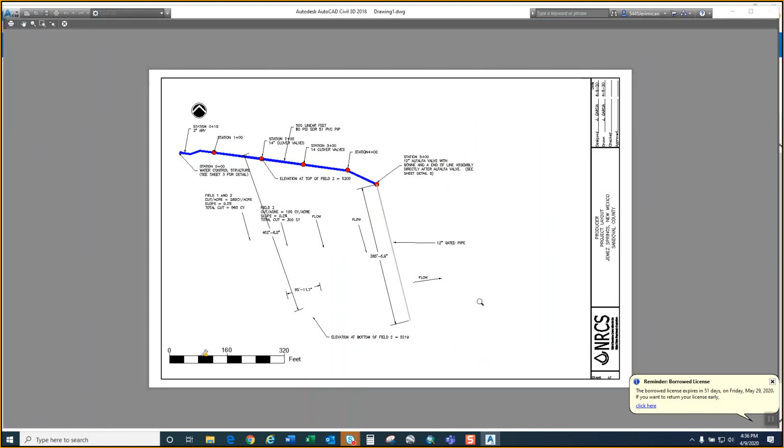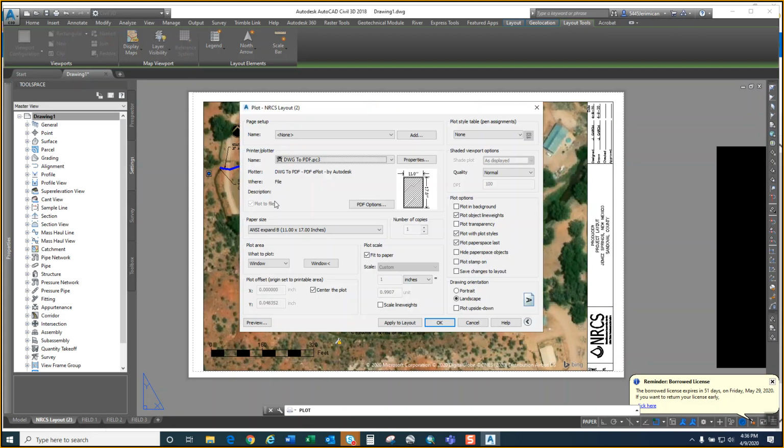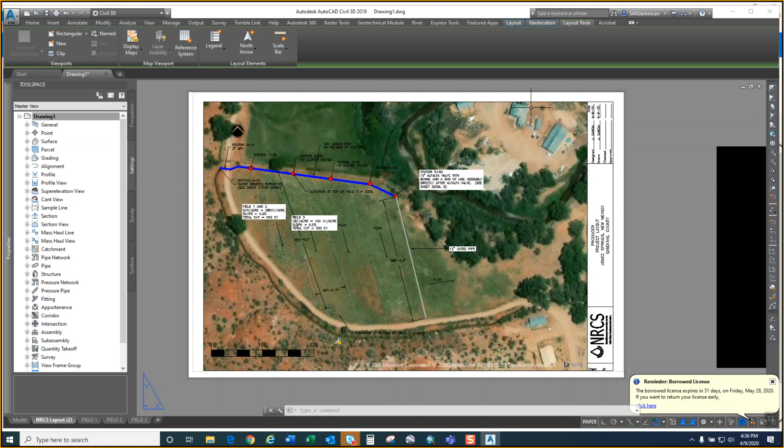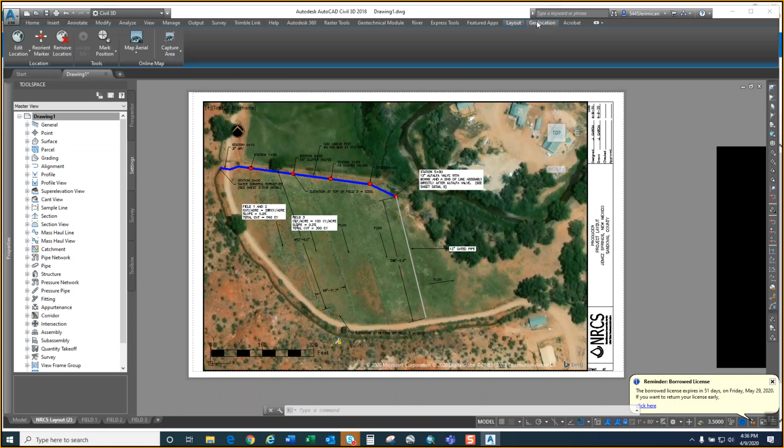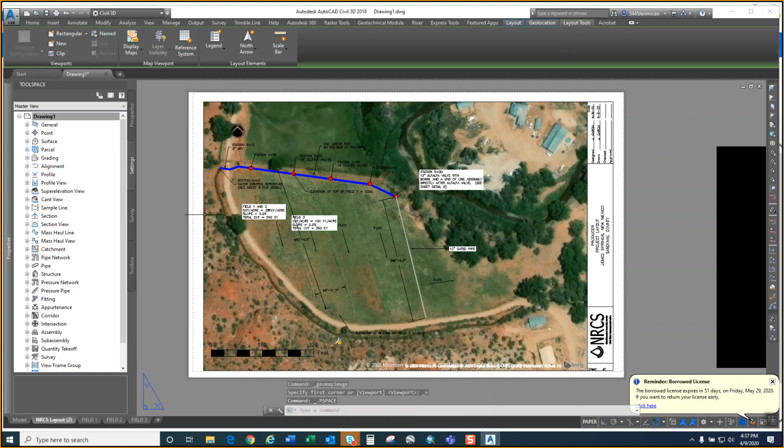your aerial goes away. So for that not to happen, you have to exit out of the plot. You got to double click the viewport, go to geolocation, capture area. You want to capture viewport. It'll take a snapshot of what's in the back. And now it's still going to give you an error that's not going to show, but I know it's going to work. I don't know why it does that. But now that we've taken a screenshot of it,